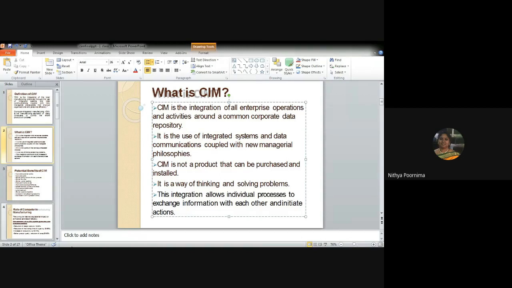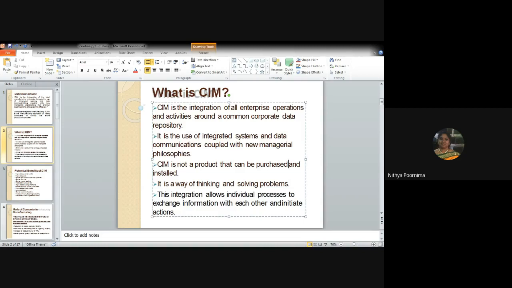CIM is not one such thing which can be purchased or installed. If you say a person has knowledge of CIM, he has to have knowledge of Solid Edge, that is the design stream. He should know CATIA, Pro E, ANSYS, Solid Edge, all those design softwares he should be aware of. Then you should know the different aided manufacturing processes. What is job production, what is continuous production, what is batch production, all that you should know.